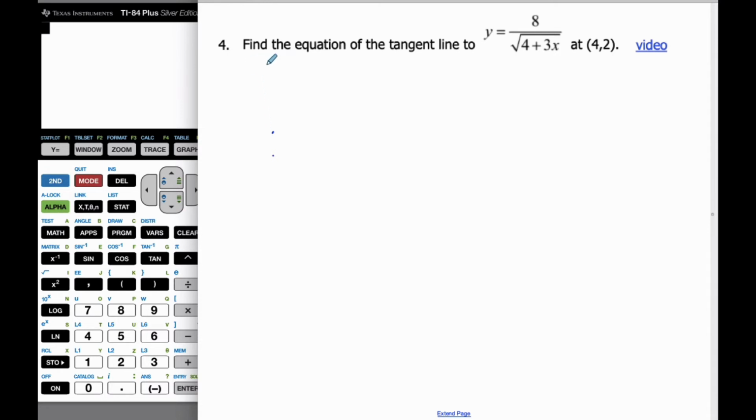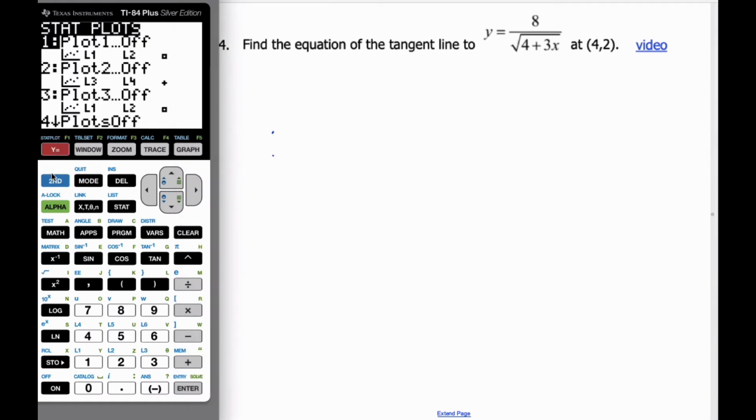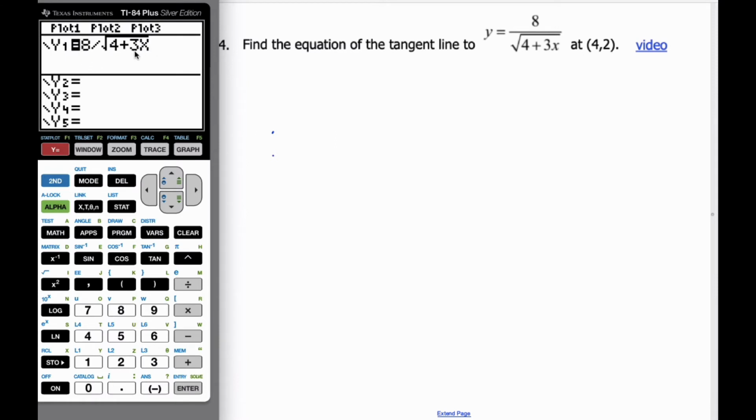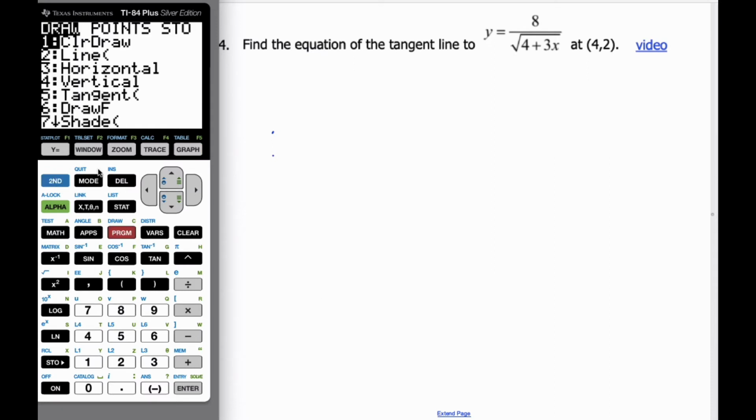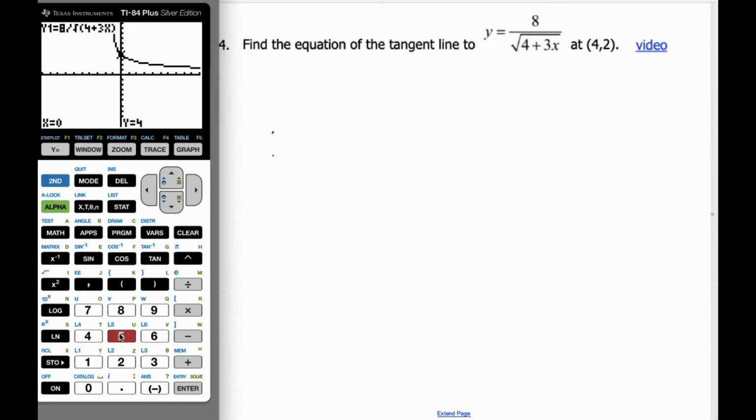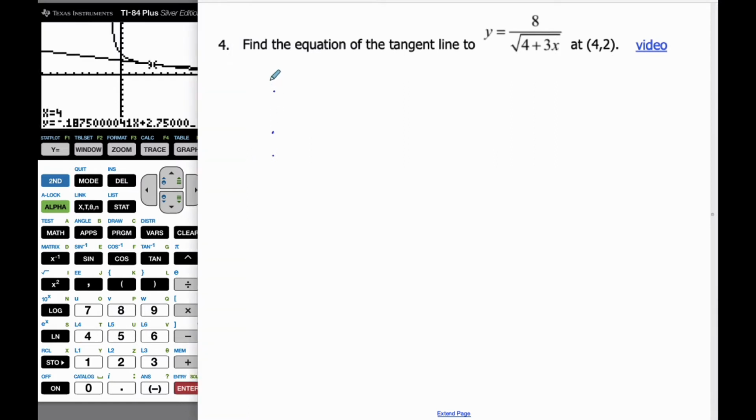In this example, we're asked to find the equation of the tangent line to this graph at this particular point. And in this particular course, if we're not told to do it algebraically, we can go straight to our calculator and find it here. So I've already taken the liberty to enter it into the calculator, and I can graph it. And if I go to the second draw menu, 5, and I just go when x is 4, I get my tangent line. And so I can see that y is equal to negative